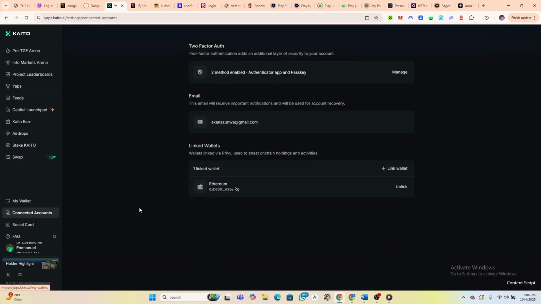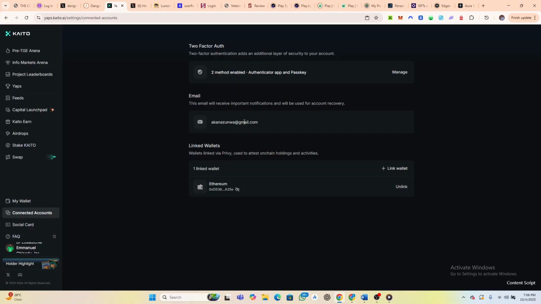Then connected account. This is the first thing you're going to do. Make sure you put an email address that you know, so that in case your Twitter account is blocked, you can always recover your Kaito account with this email address.